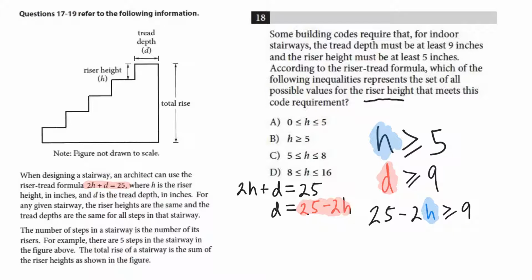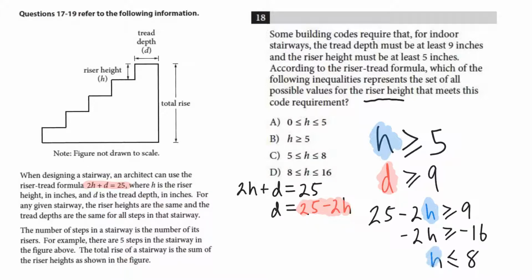I'm going to subtract 25 from both sides. We get 9 minus 25, which is negative 16. Now I'm going to divide by negative 2. When you divide by a negative on both sides of an inequality, you have to flip the inequality. So we see that h has to be